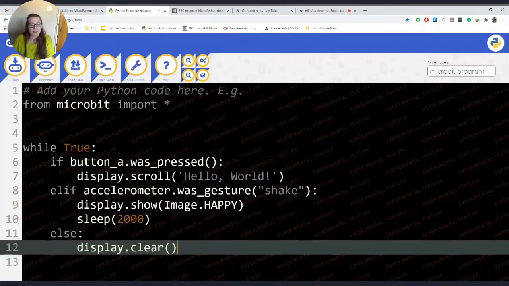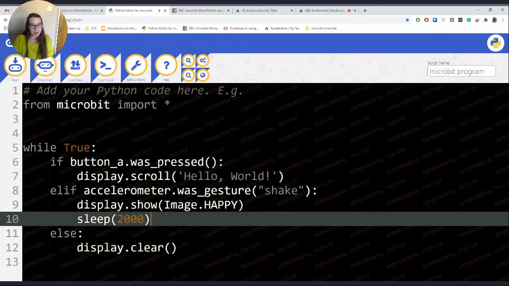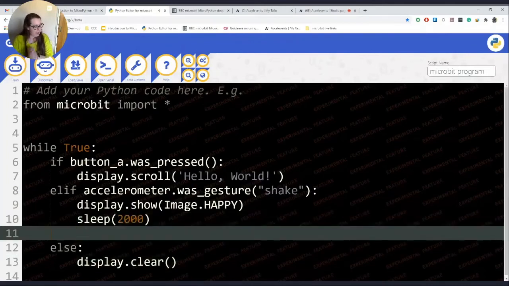I'm going to add in some of the features from the new microbit version 2 now, and also show you something that only MicroPython can do and MakeCode cannot, which is make the microbit talk to you. So unfortunately, I did have it connected to my speaker, but I had to disconnect my speaker because of the microphone issues, so you might not be able to hear my microbit talk to you, which is very sad.